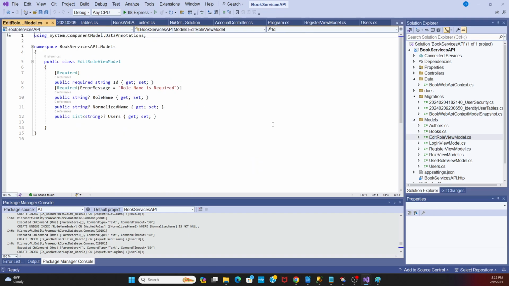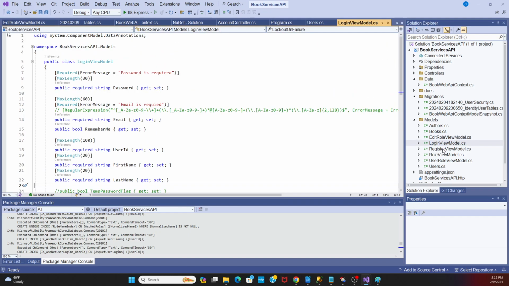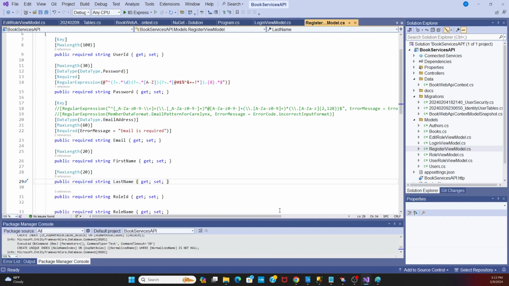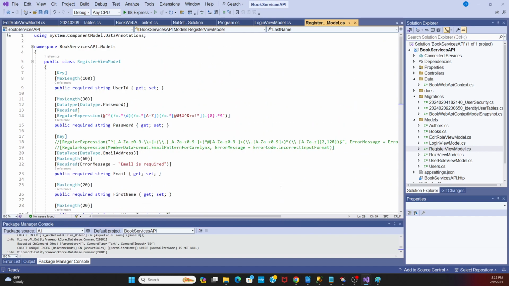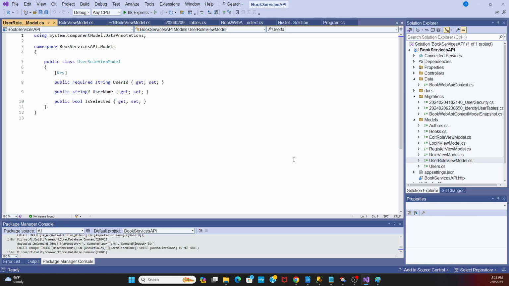okay, the new model, my editor view, a role view model, login view model. Okay. So this is a registration view model. Registration view model. Okay. This is a role view model. This is a user role view model. Okay. So